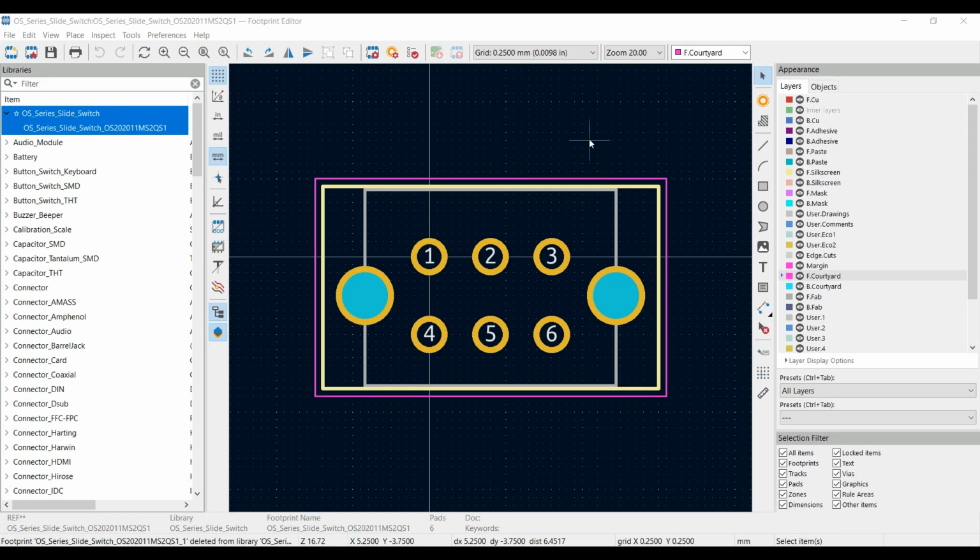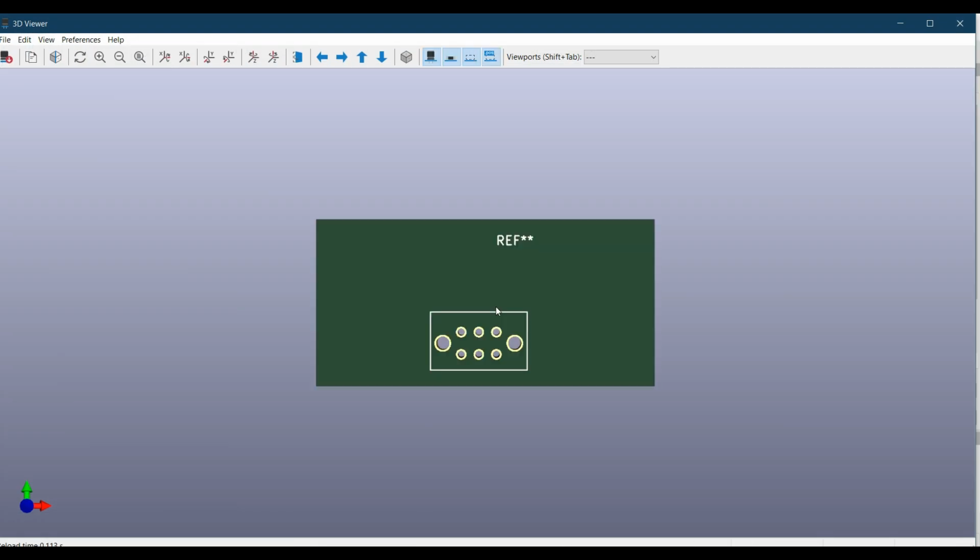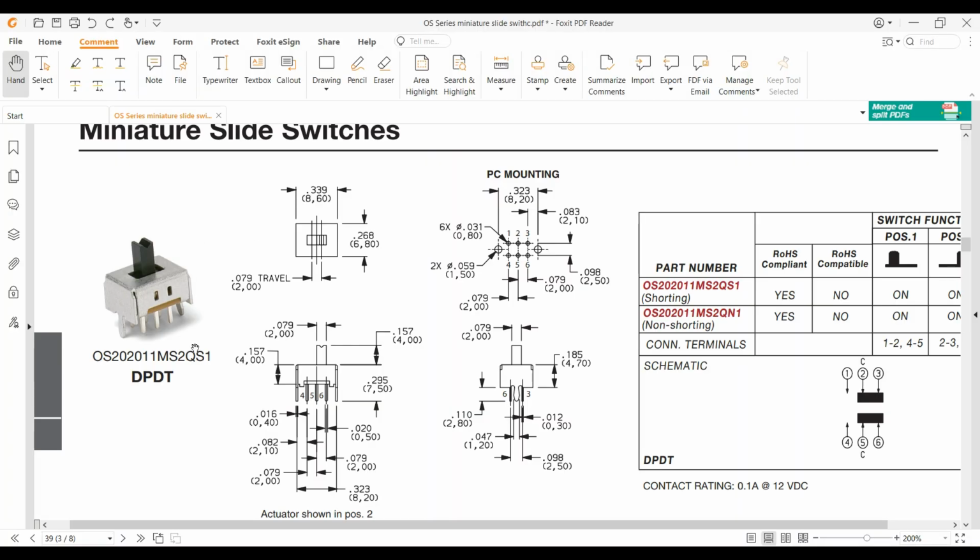Now, dear students, till now we have designed the footprint of our OS series slide switch. But now, if we see our footprint in the 3D viewer, you can see over here there is nothing specified about which pin number is 1, or in which direction this switch should be inserted. Like if you see in the data sheet, if you swap your pins, like if by mistake